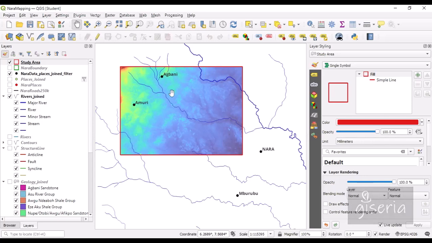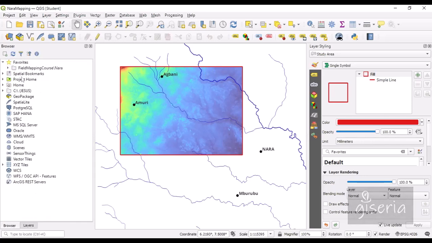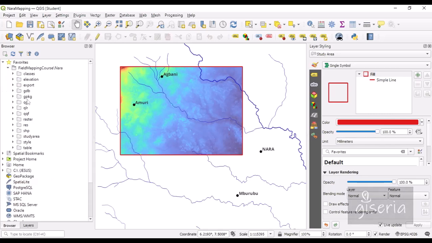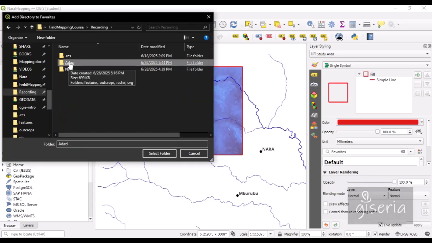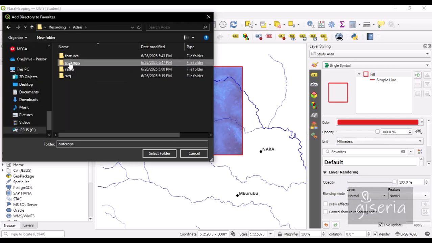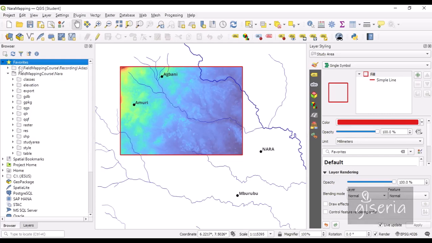And so I'm going to be working with the data from our project folder from another area called the Adazi area. And so I'm just going to create a link to that directory for now. And so the study area is from a place called Adazi in southeastern Nigeria. All right, and that's going to be our focus area for now. And that study area contains a